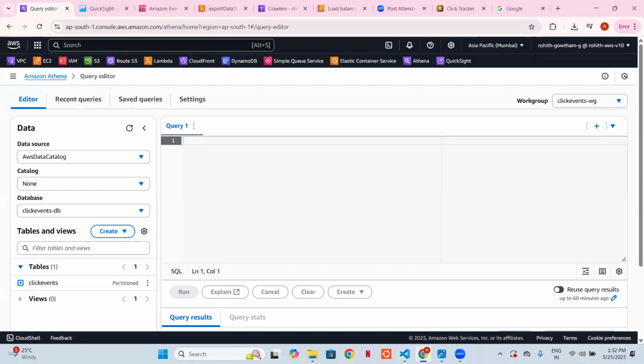Yeah. So this is the Athena console. So if we remember, we had created a database inside Glue along with a data crawler. And the database will have all the tables and columns inside it. So in order to query the results from the data source, that is the S3, the first step would be to create a work group. Work groups in Athena,